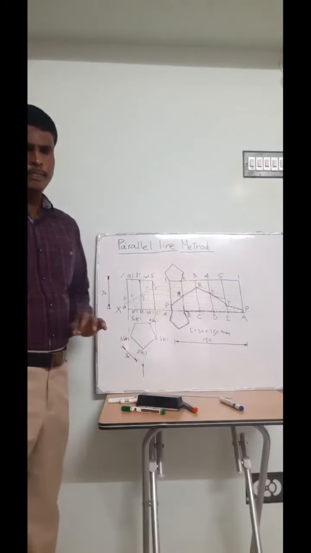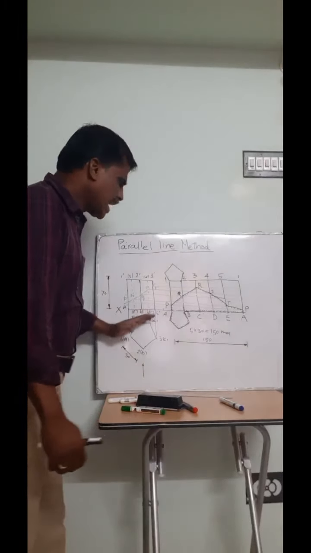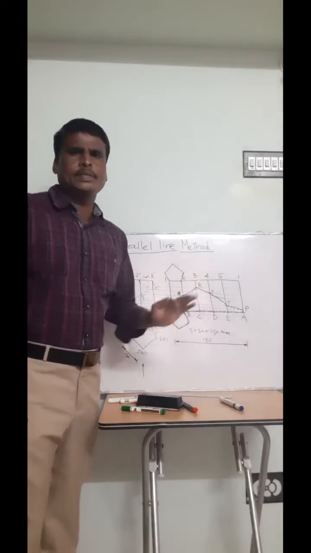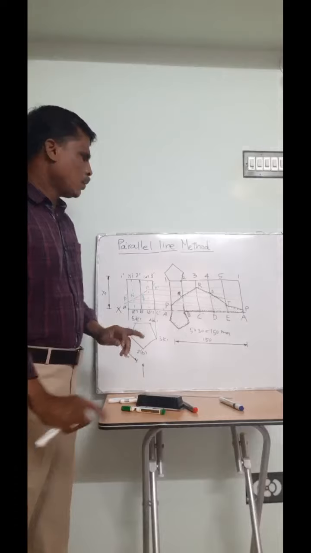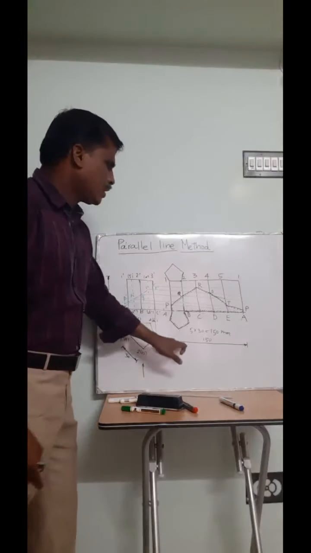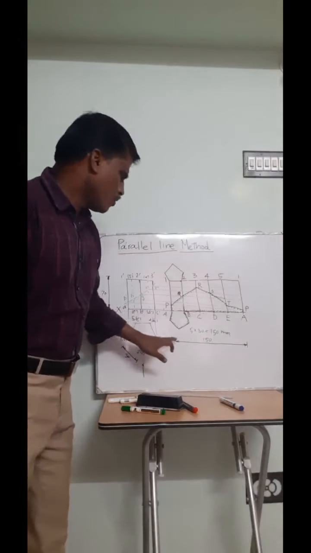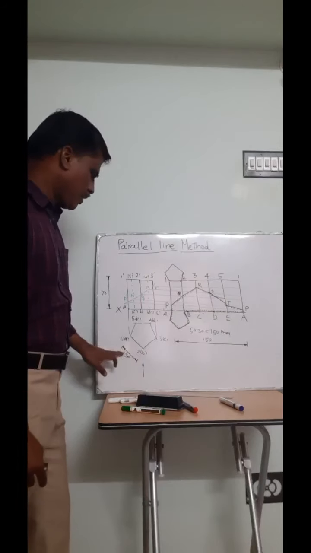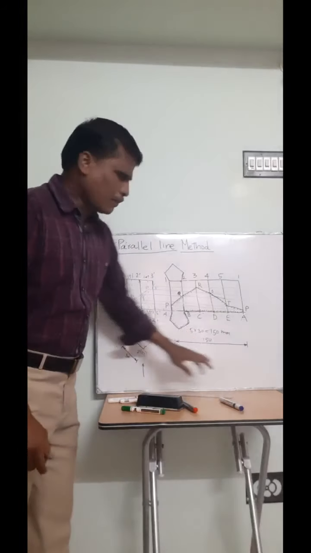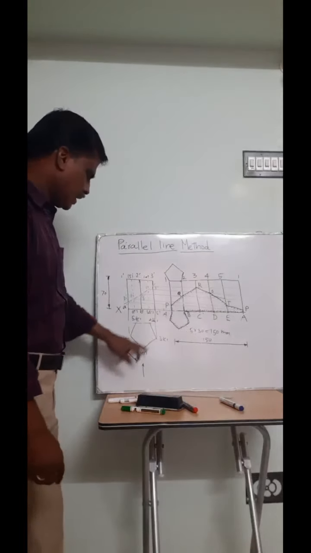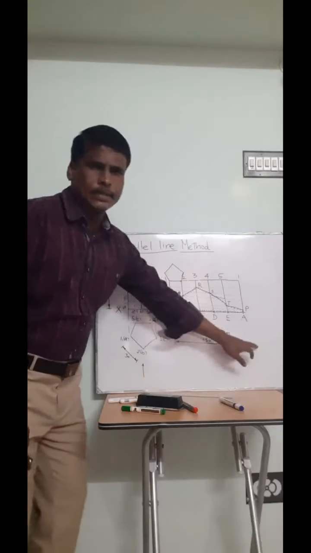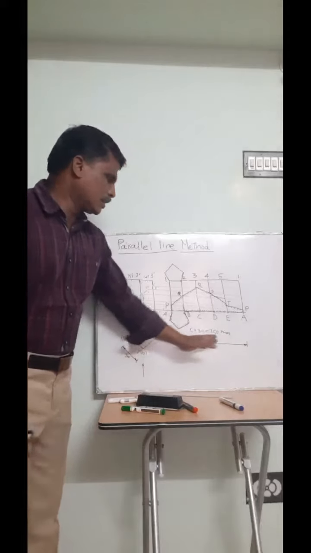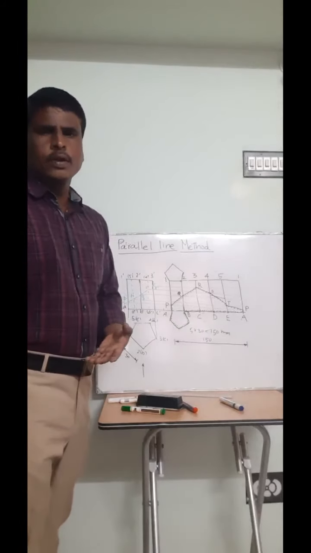Now, the same concept can be used for a cylinder. The only difference will be here. What is the length I am having? 5 into side, that is 5 into 30, 150. Suppose the diameter of the cylinder is 30, then what should be the length? How will you define it, 5 into 30 or 6 into 30?